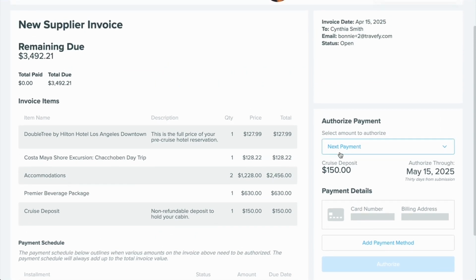They can choose which payment that they want to authorize, and if they want to move on to any next payments. You'll also notice a custom amount option. If they want to put money towards an amount a little earlier before that deadline, they can. For instance, this is due May 15th, and if they want to pay $100 towards this, they can go ahead,